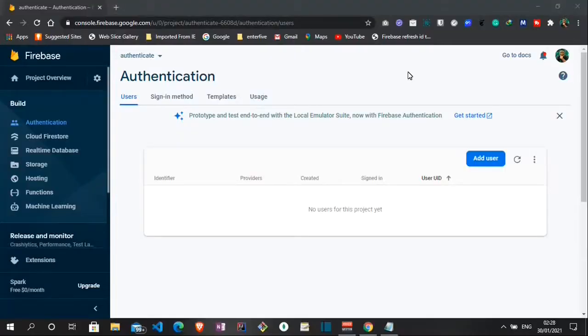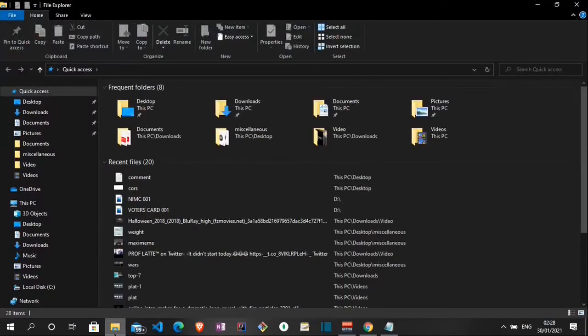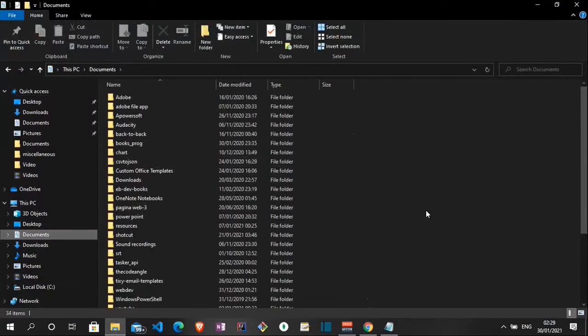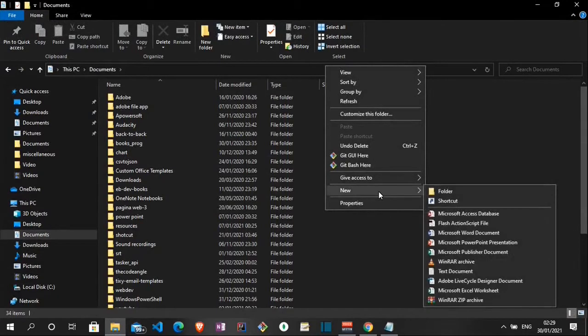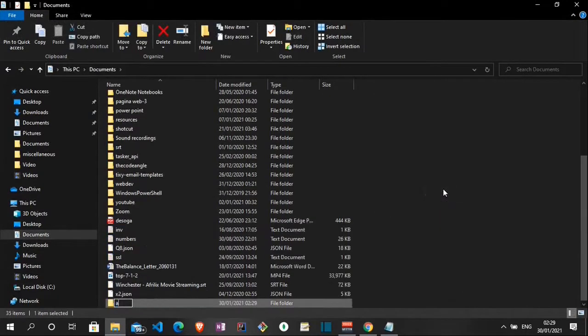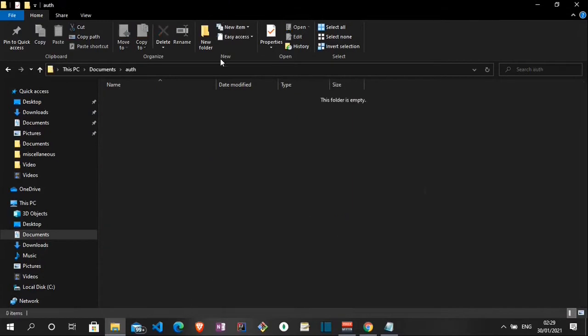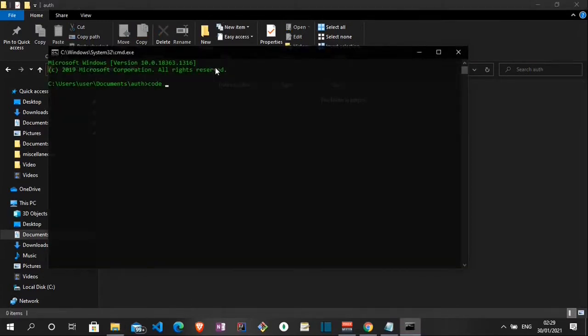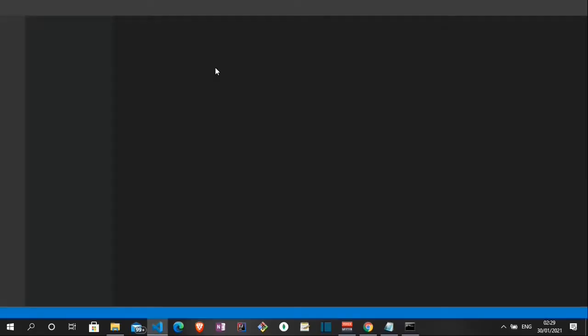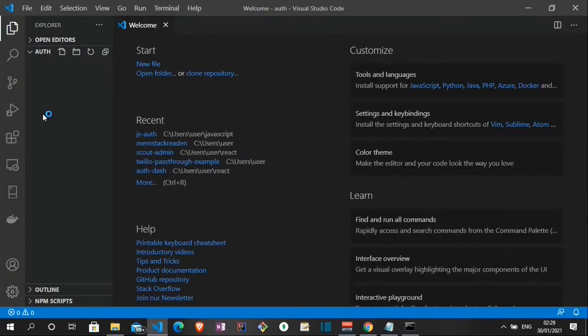Let's head straight up to our file explorer on Windows. So over here, let's go to documents. Then I'm going to create a new folder called auth. So inside auth, I'm going to open VS Code by typing in code dot. So it opens VS Code for us. So inside VS Code, I'm going to create a new file